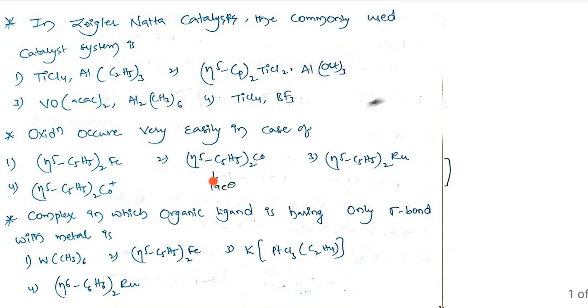That's why it is ready to lose 1 electron. That means oxidation occurs very easily in the second one, to make it stable by just getting 18 electrons. Okay, just try to check all the other